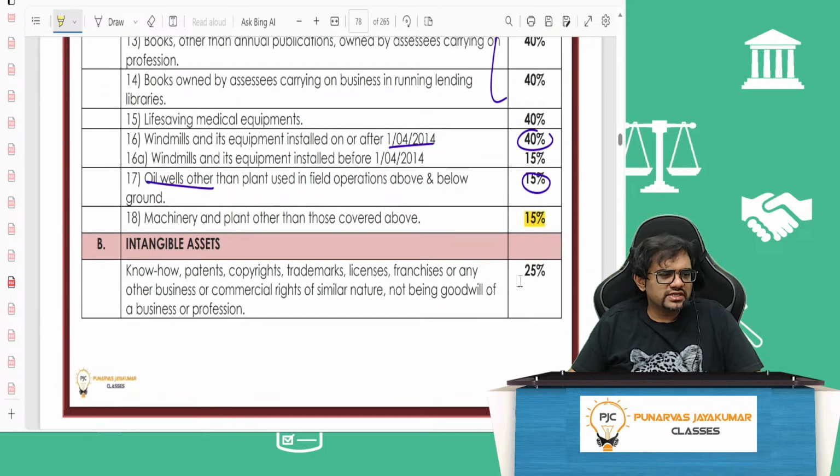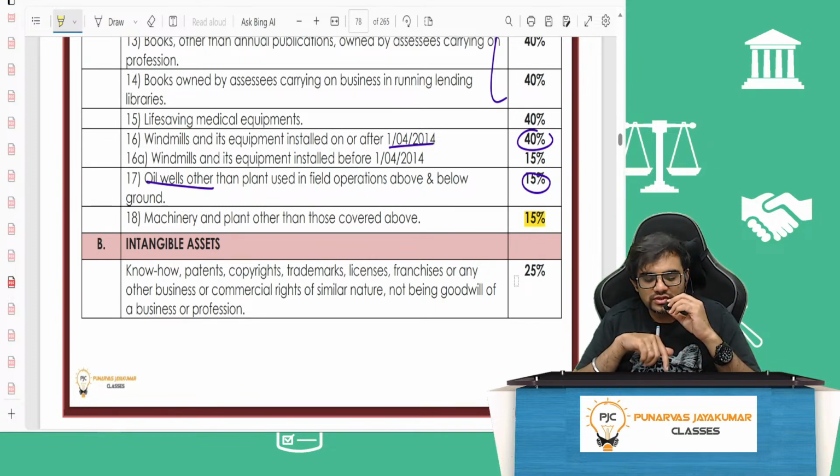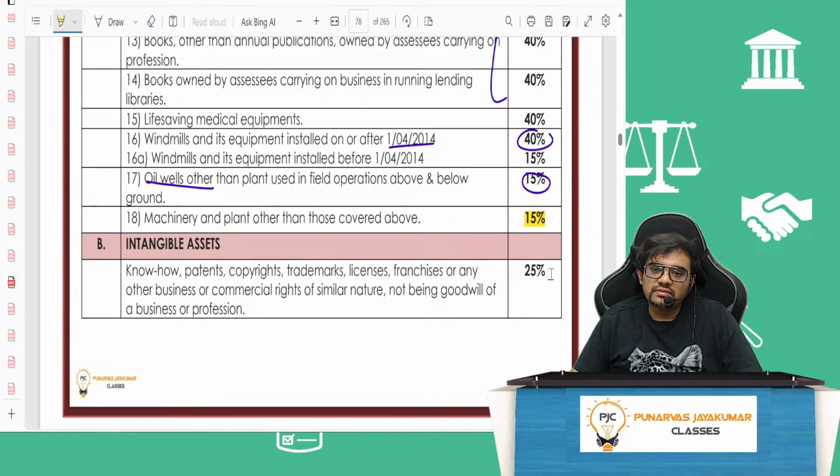Which major areas are tested? Boss, all heads of income are undoubtedly tested. Right? So your basic status, all that will come for around 4-5 marks. PGBP will definitely come. TDS portion, 3-4 marks will come. Very important it is. People ignore that and go. PGBP will come. Capital gains will come, because capital gains in CA Final will come less, so they will test all the important points in Inter only. IFOS will come. Then of course the first problem will be what? Total income problem, which will have everything.